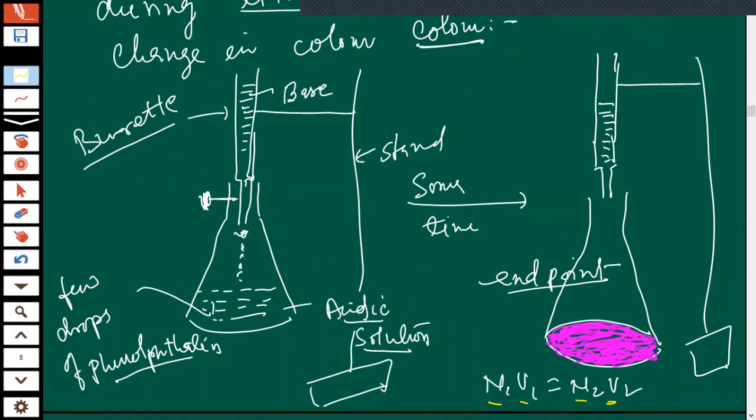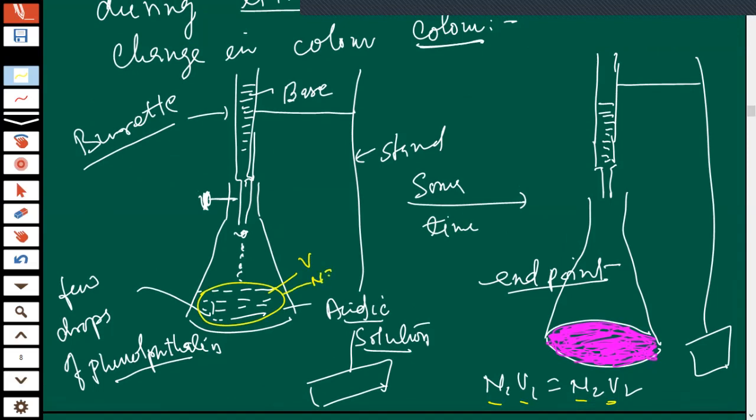This is the conical flask, this is the stand, this is the burette. Slowly you have to drop the basic solution into this particular solution whose volume is known to you,